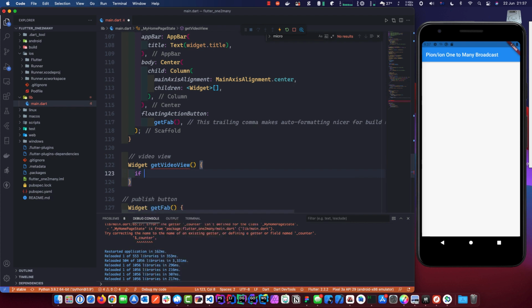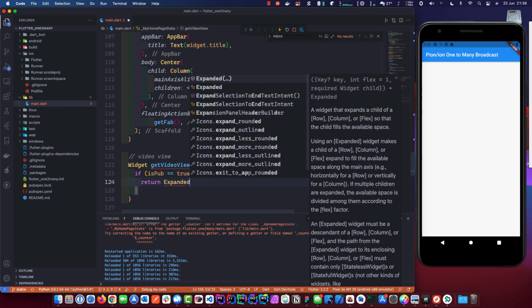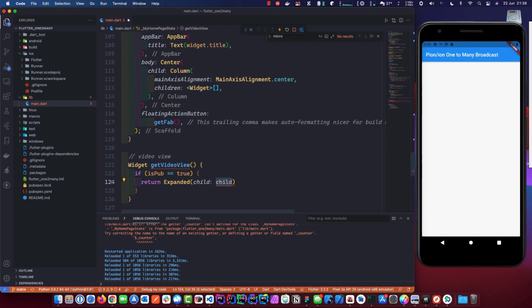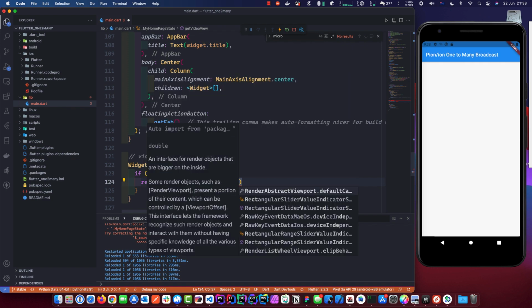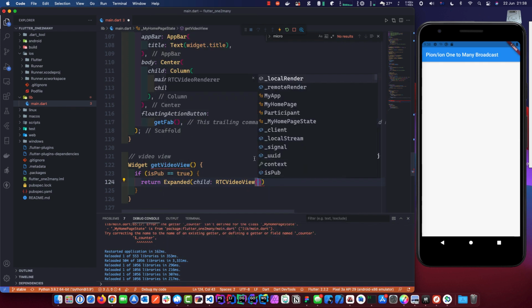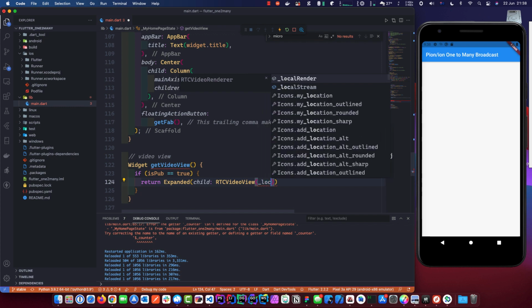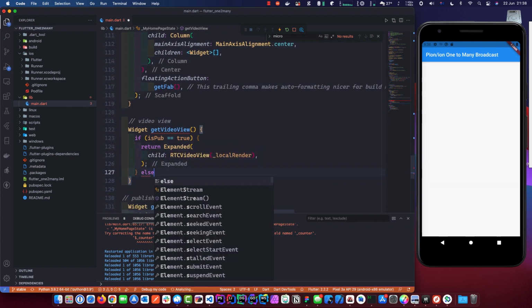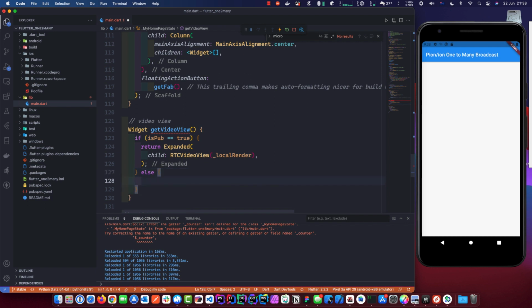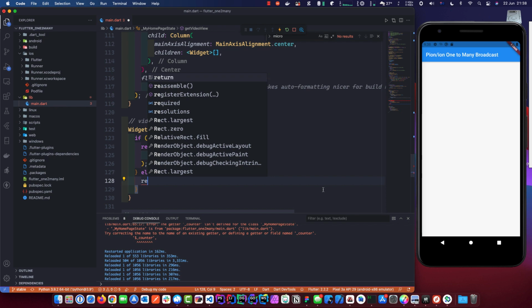Same thing. We will need an if statement here. Is publisher equals true, if he's a publisher, we will return expanded. And the child is RTC video view. We want to put the local render up there, and let's put a comma here and close it off here. Else, we're going to display the subscriber. Return